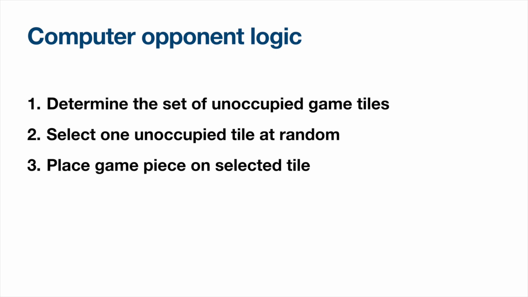So of this list, we're missing the capability to fulfill the action expressed in number 1, getting the list of unoccupied tiles. But once we have that list, number 2 is straightforward, just selecting a random element from a list. And we already have the code to place pieces on the board that's expressed in number 3. So let's first focus on implementing this getting a list of empty tiles, and that will allow us to build the actual computer opponent class. Getting a list sounds like a responsibility of the game board. It could have a function to return a list of, say, a Vector2 specifying the row and column coordinates of